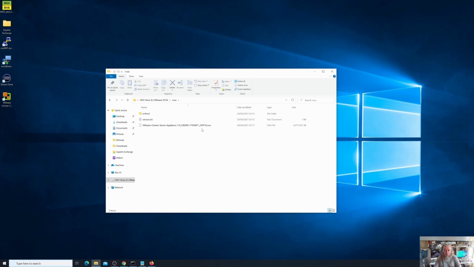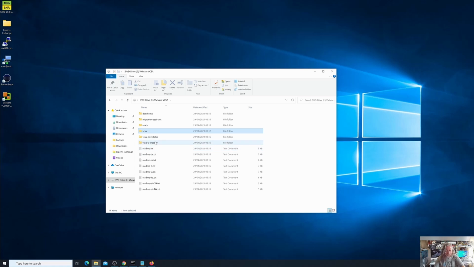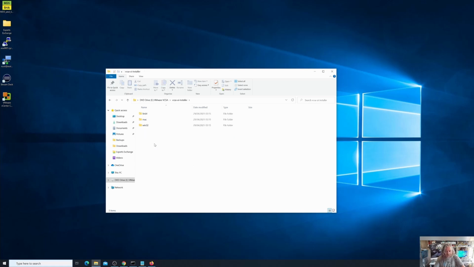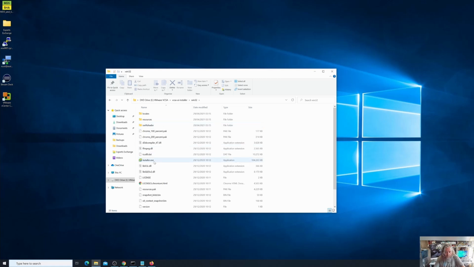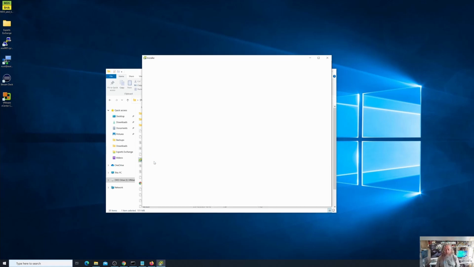It's actually the wrong way to do it. If you just deploy the appliance in that way, you won't get any of the configuration information entered into the appliance. So the correct way, or the way that I do it, is vcsa-ui installer, Win32, double click the installer.exe,